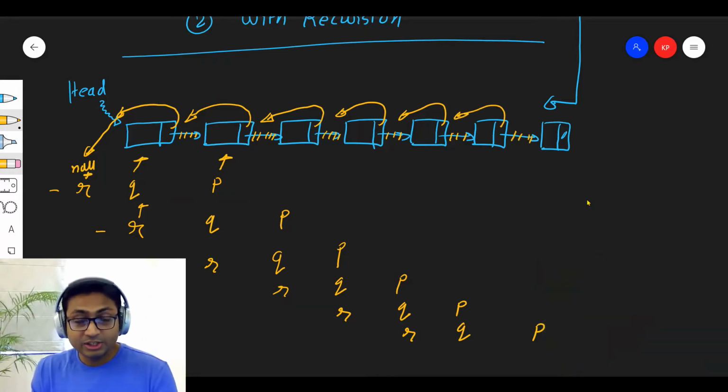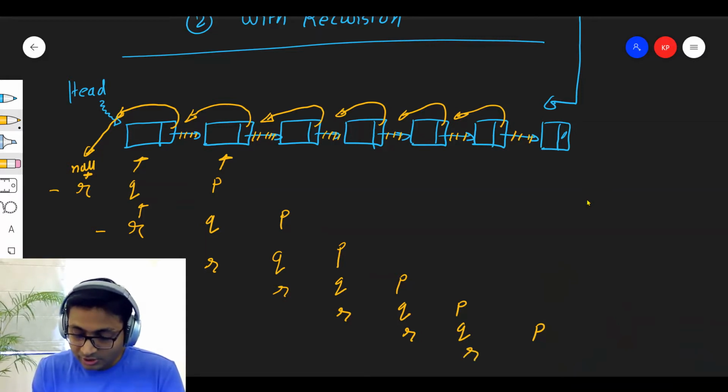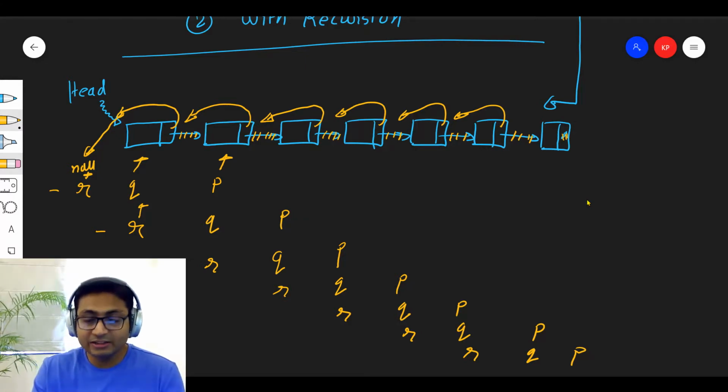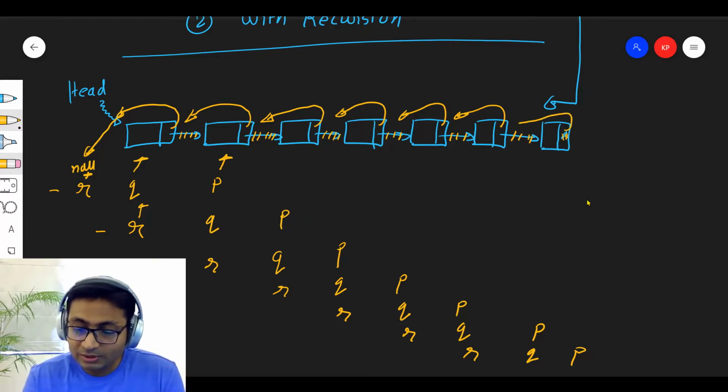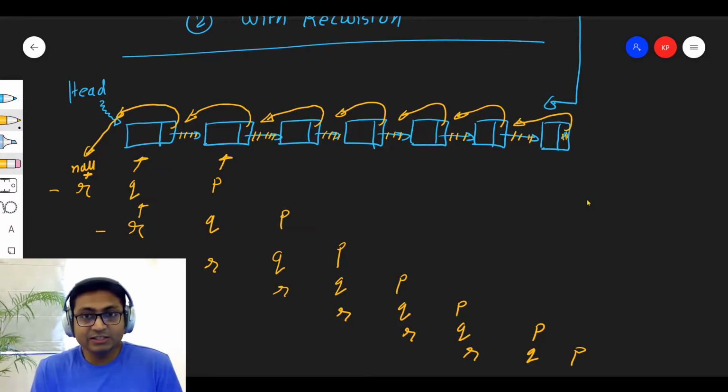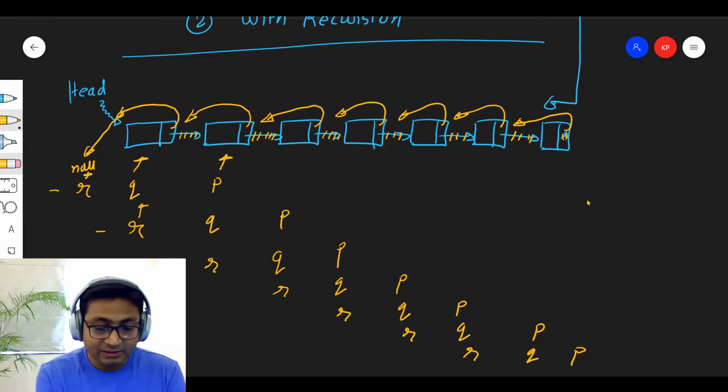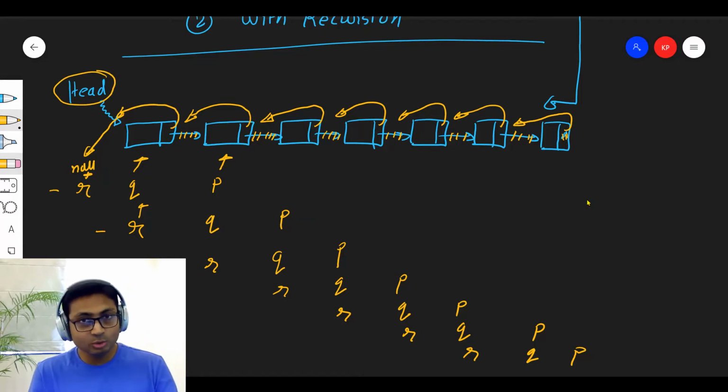and finally we have reached the last node, but one more time we have to do R, Q, P, and Q's next, which is currently null in the last node, it is going to be the previous node R. And this is how we stop. The entire linked list has now been reversed. And the last thing you have to do is the head pointer is pointing to this particular node.